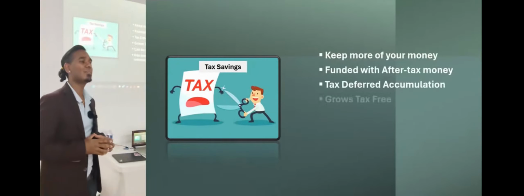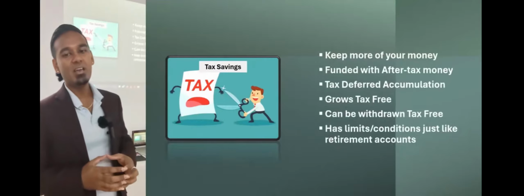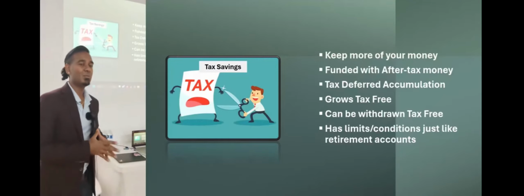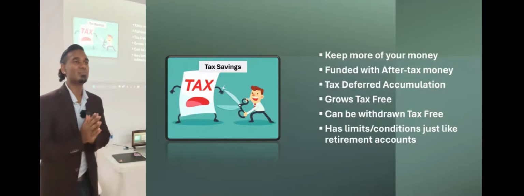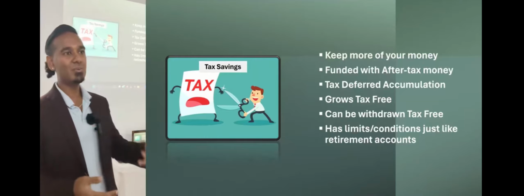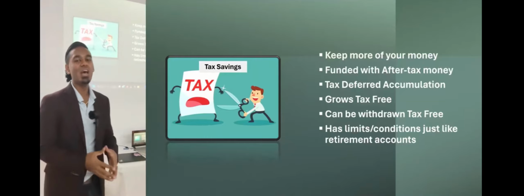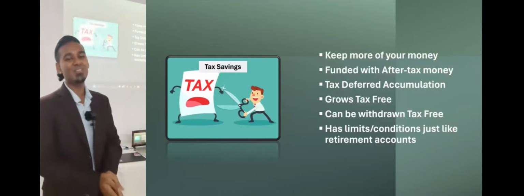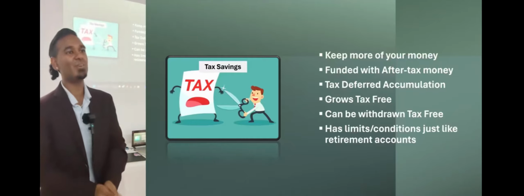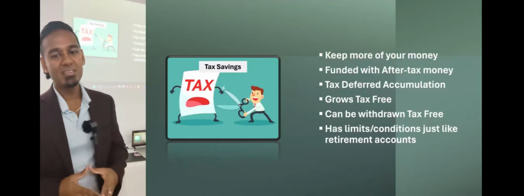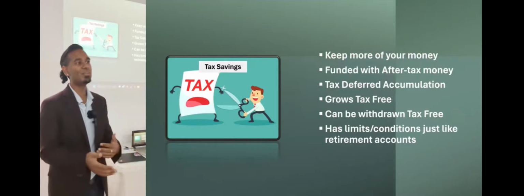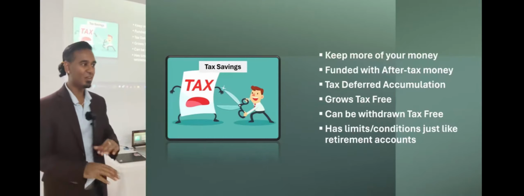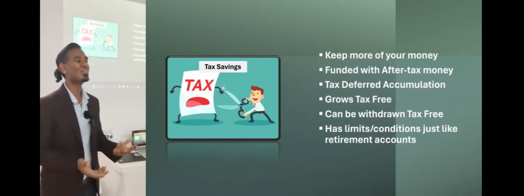The next one is tax savings. So for tax-deferred 401ks and IRAs, you don't pay tax now, but you pay tax on everything in the future. In this case, 7702 is funded with after-tax money, so you do have to pay tax on what you're putting into this. However, it grows tax-free, and all of it is tax-free when you take it out. There are different products that work differently, with different limits on when you can take money out. The longest term is 10 years though, without any loan charges.